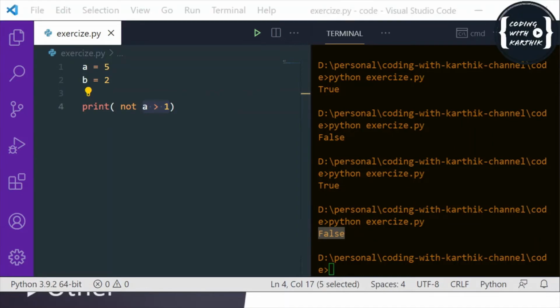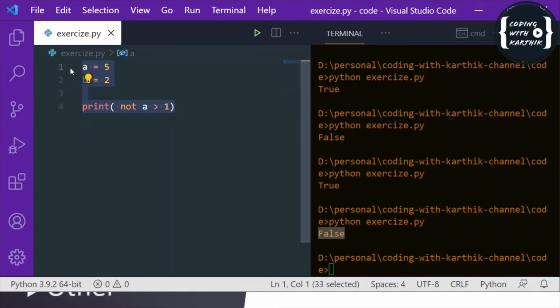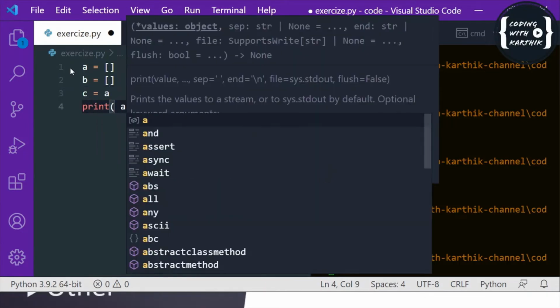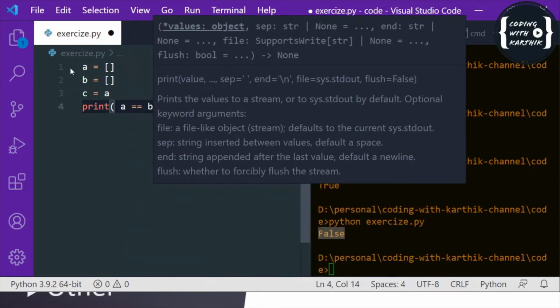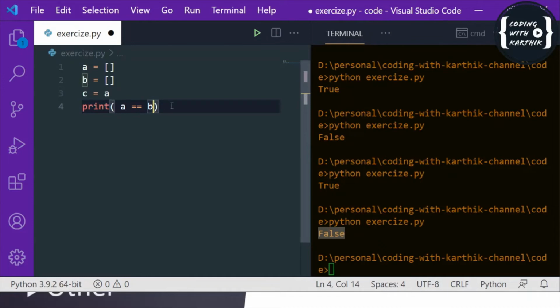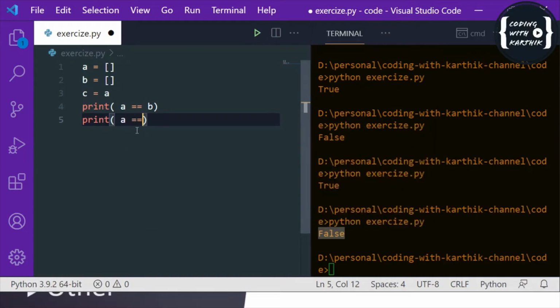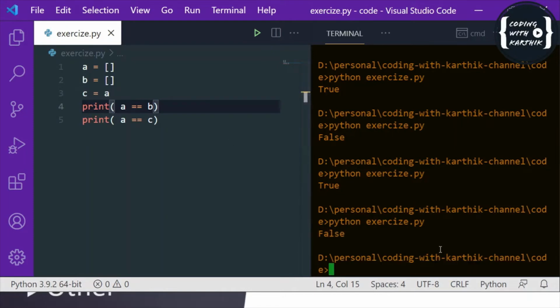Next thing is identity operator. So identity operator is, let me just give an example, so by that you can understand better. We have two operators in identity operators. Before that, just suppose if I do this, if I run this code, what will be the output? Can you expect what is the output for these two print statements? Just let me run the code.